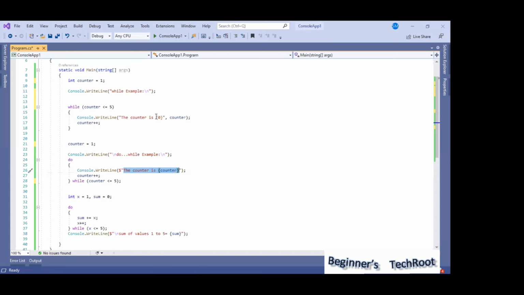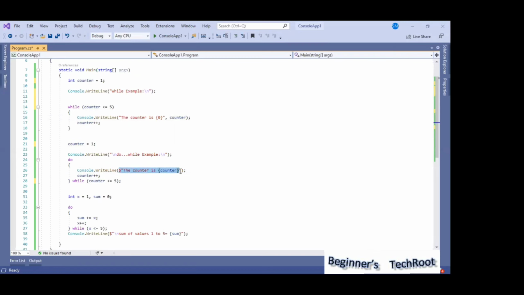So here we are using a placeholder with the braces 0, and then in a parameter we are passing the variable counter. But here in the placeholder itself we are using a variable. So for this format of writing we should use the dollar symbol. If you don't use the dollar symbol, then it won't substitute this value. It will write as it is. So you need to understand this. Two ways, whichever you are comfortable with, you can use. I am showing you these two ways of representation here.